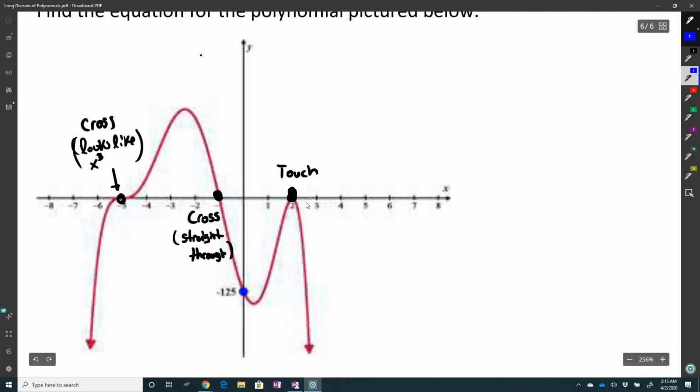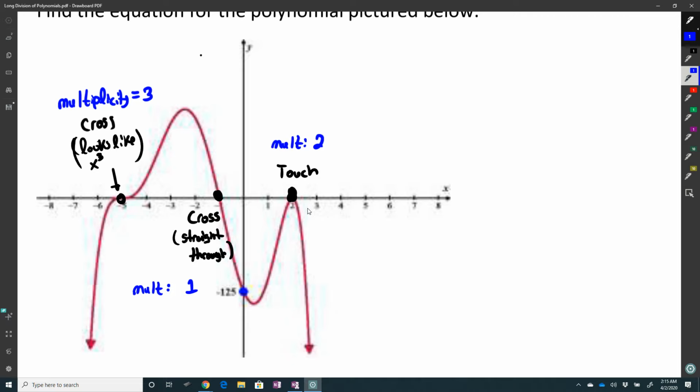If it looks like x cubed, remember that the multiplicity is 3. It crosses a straight line. That means the multiplicity is, so hard to write that word, is 1. Here, the multiplicity is 2. Okay? This means that when I'm writing my equation,